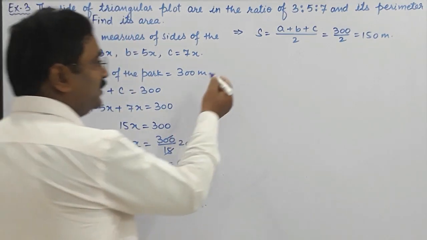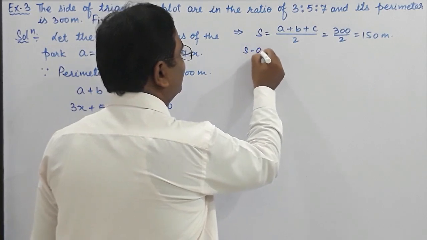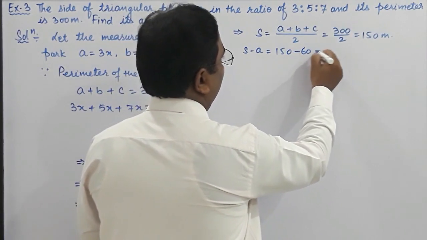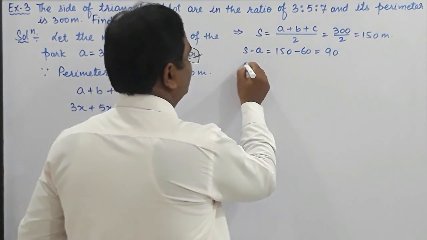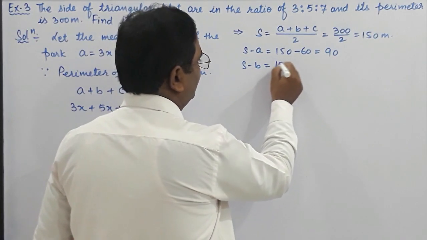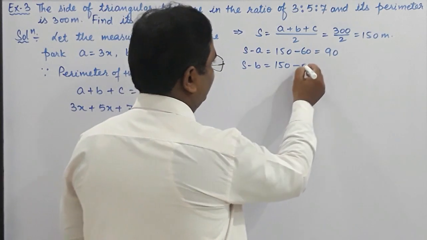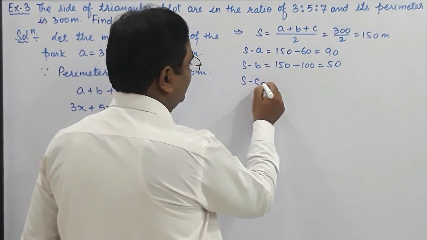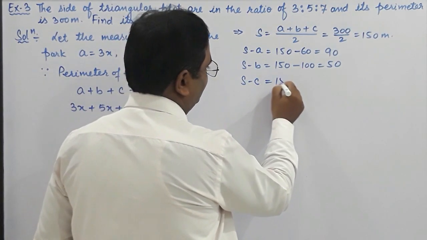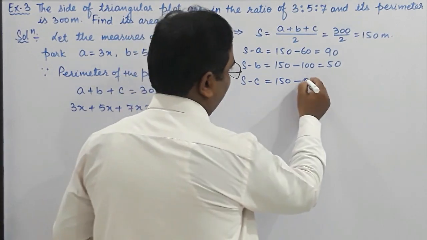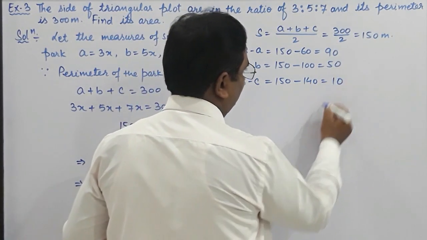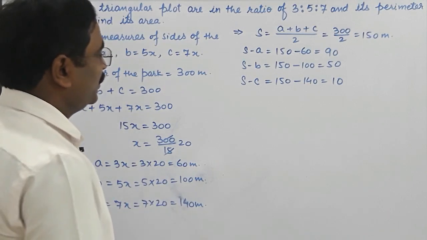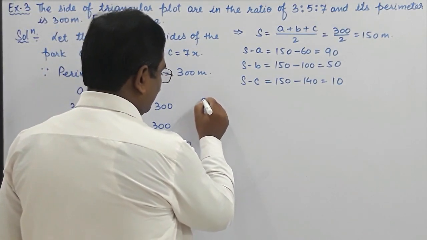Afterwards you need to find the value of S minus A, that is 150 minus 60, which is equal to 90. Second, S minus B, 150 minus 100, that is equal to 50. And third, S minus C equals 150 minus 140, which is equal to 10. Now we have to use Heron's formula to find the area of this triangular plot. So by Heron's formula,